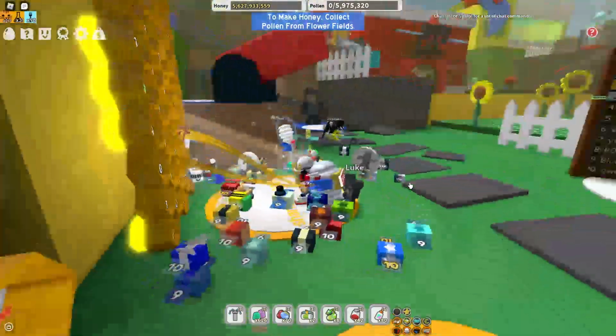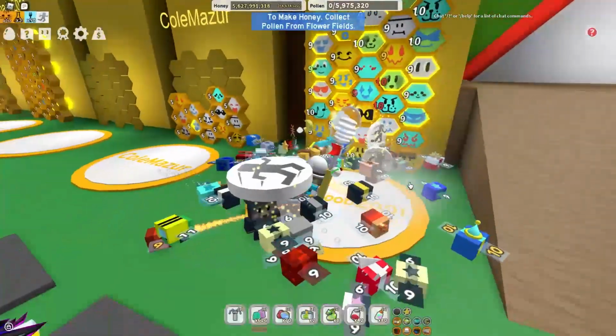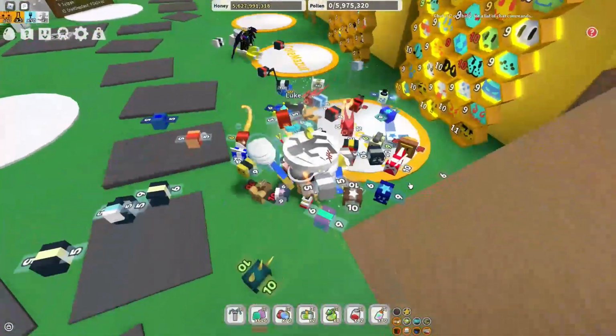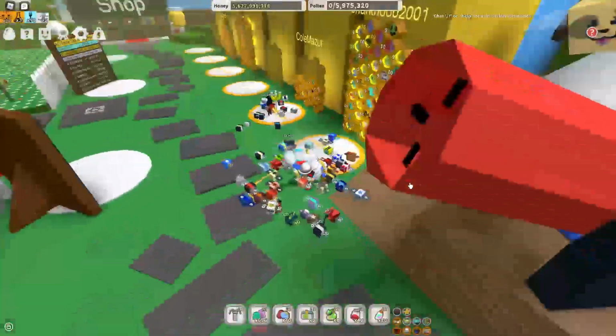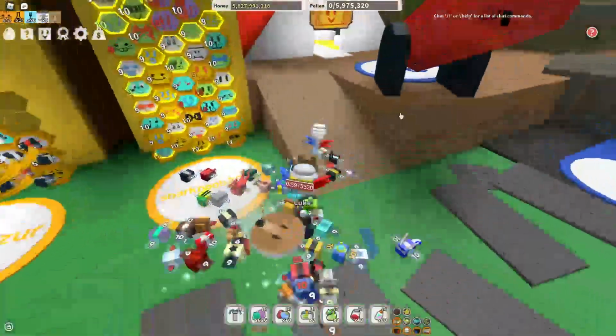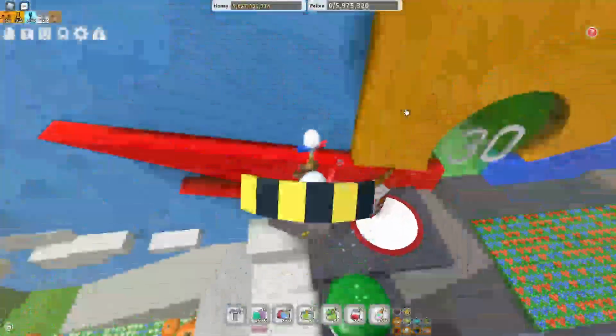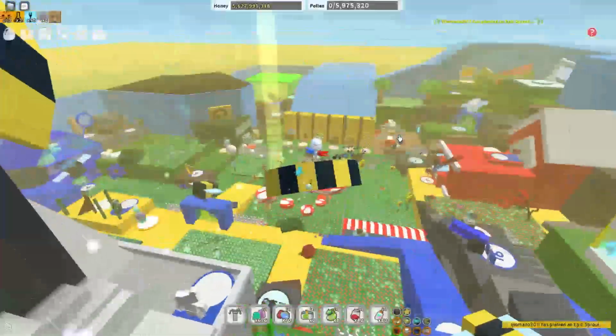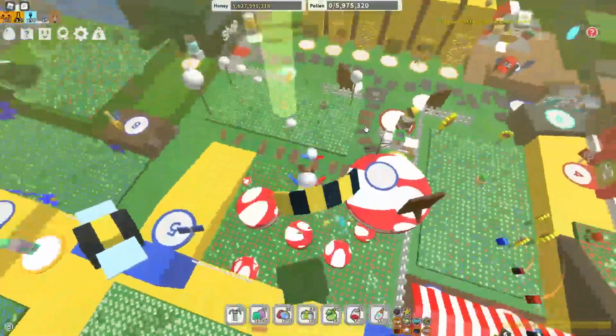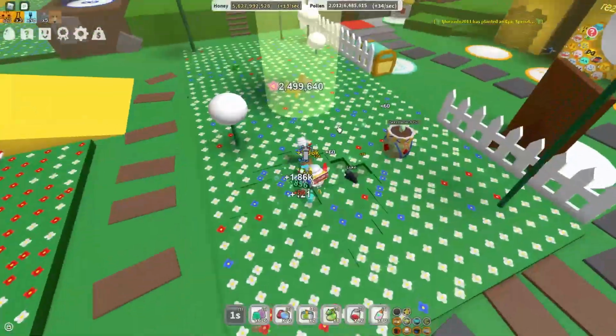So that's proven by this first edition Bear Bee, because I did buy that when that was for sale. Or it is still for sale, but it was discounted. You can see there's this thing here, first flag. That means I bought it when that was originally on sale for 650 Robux instead of 850. So I still haven't unlocked everything because, oh, apparently there's an epic sprout. Should I farm this? Let's do that. I don't know.